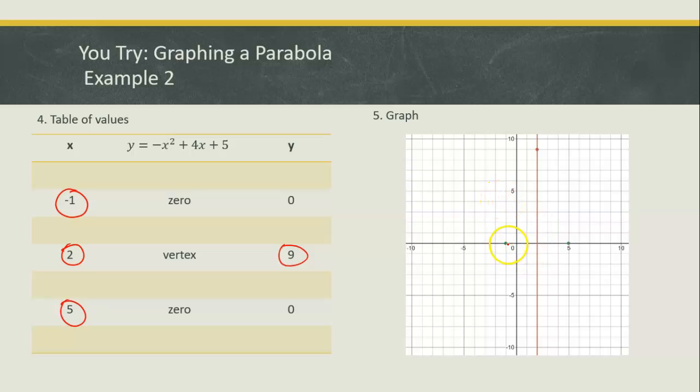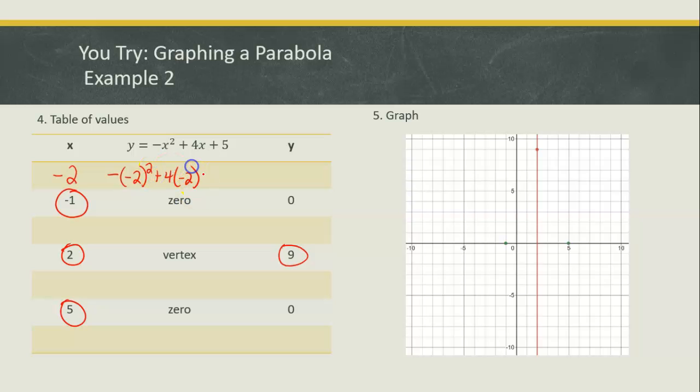So what I want is a number to the left of -1. So if I go one space to the left of -1, that's -2. So I'm going to substitute in -2. You want to be careful about your substitution. There's a negative in front of the x, then the x is -2, and then we're squaring it, plus 4